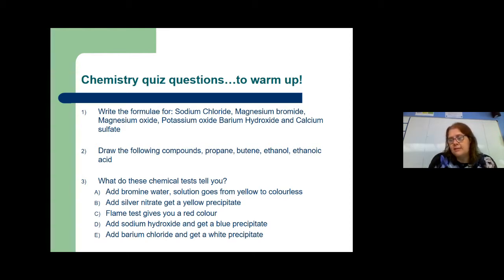So what we plan to do in the session is, after looking at the answers to these warm-up questions, tell you a little bit about the course and how it runs. Normally, if you were in school, we'd do an experiment with you and get you to have a go at doing some science. With being at home, we are limited in what we can do with chemistry because we don't want to do anything too dangerous at home. I don't think your parents would thank us if you blew up your kitchen, for example. However, we have a few little practicals that, if you got the email from Mrs. Fox, you could have a go at during the session, or afterwards as well.